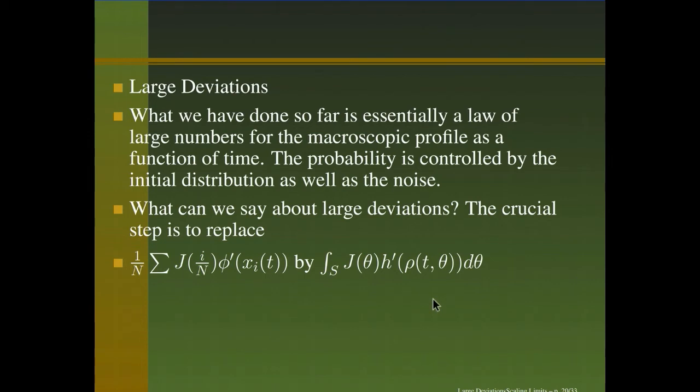This had some error in doing this at a finite stage, and we want the error to have small probability, and that allowed us to do the replacement and the convergence in probability. But if you want to prove large deviations and you want to do this replacement, the error probability in the replacement has to be much smaller than any exponential, because otherwise it will interfere with the large deviation rate function. So what we need is to show that the probability that the error is bigger than epsilon is super exponentially small.